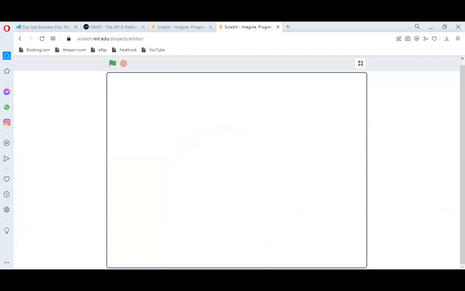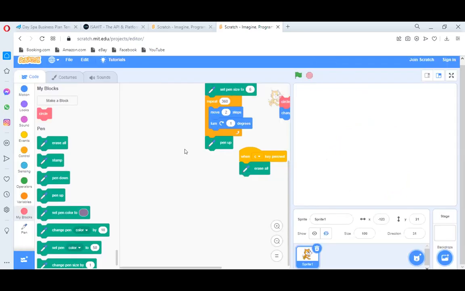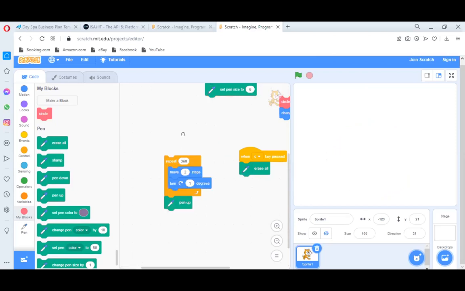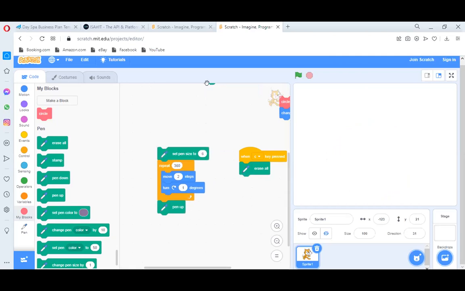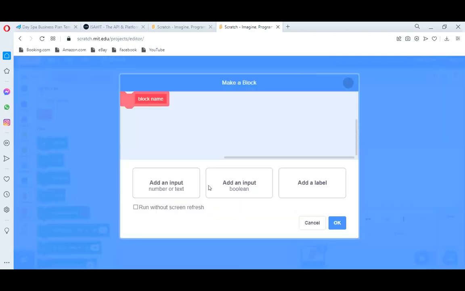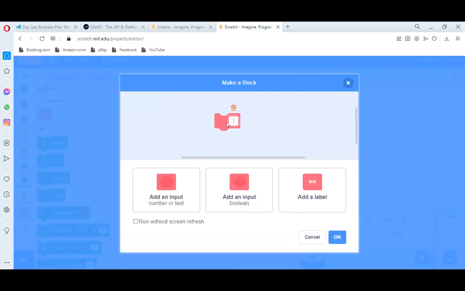Hexagon? Yeah. Just do it there as we speak. Just try to teach us, the way I've been teaching. Okay. I go to make my blocks and I put in hexagon. And then